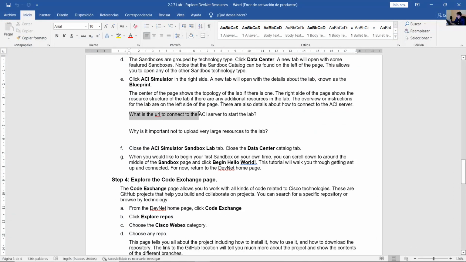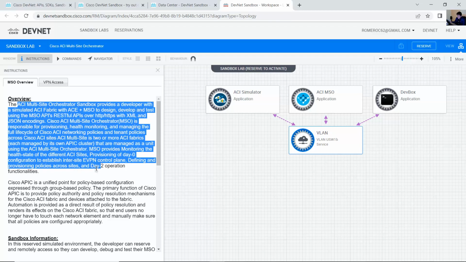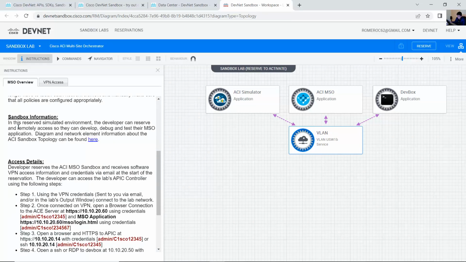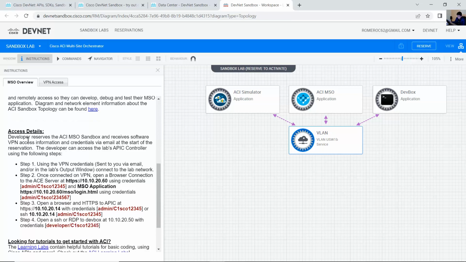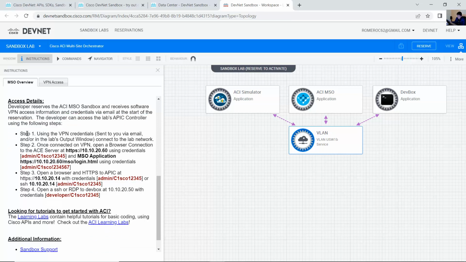What is the URL to connect the ACI server to start the lab? Okay, access details. Developer reserves the ACI MSO sandbox and receives software VPN access information and credentials via email at the start of the reservation. The developer can access the lab's API-C controller using the following steps. Step 1, using the VPN credentials by email. Step 2, once connected on VPN, open browser connection to the ACI server